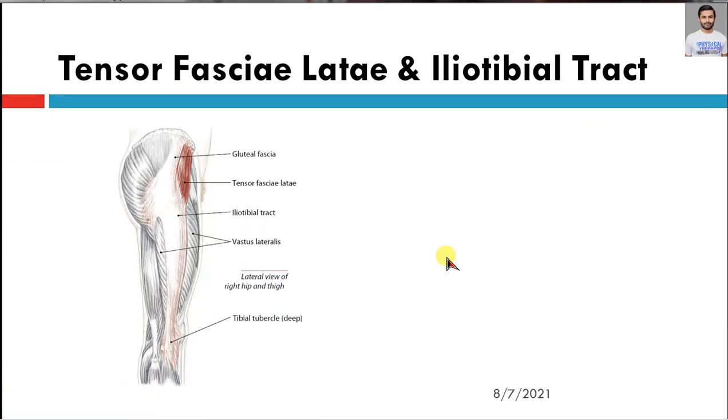The tensor fascia lata is very easy to palpate because it is present more on the anterior side as compared to the gluteus medius muscle. The gluteus medius is more present on the posterior, and some part on the anterior, but mostly on the posterior and lateral side. But the tensor fascia lata is present on the anterior and lateral side, so most of the anterior side is covered by the tensor fascia lata, and it is